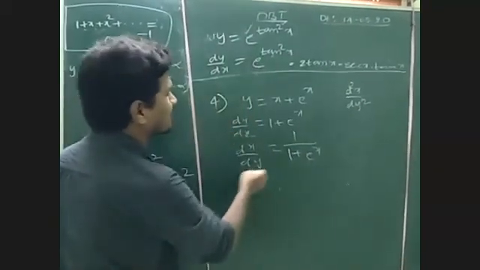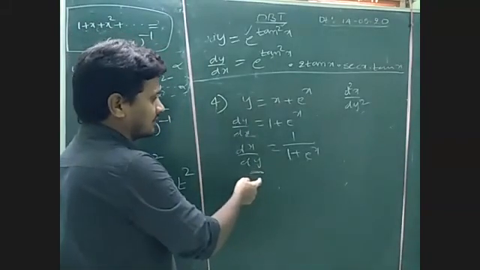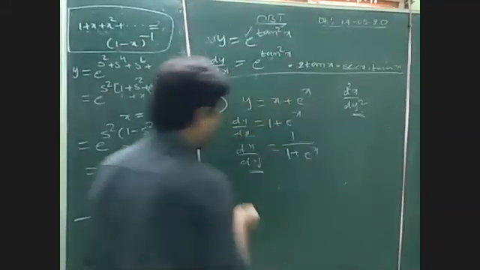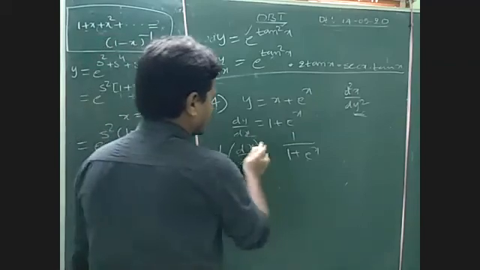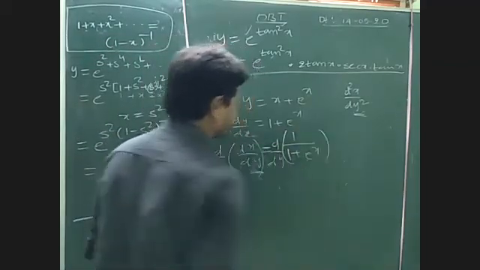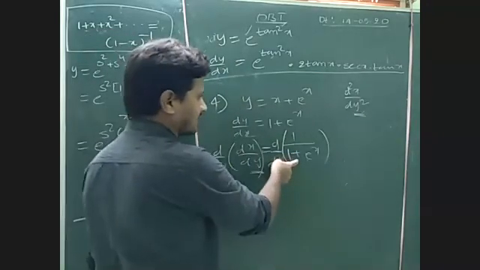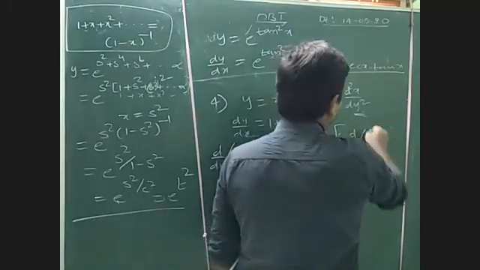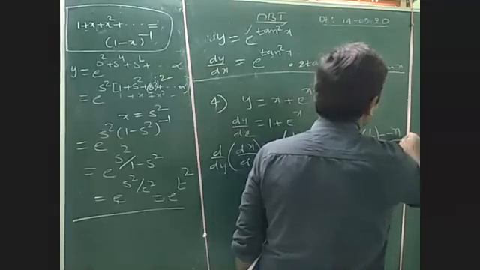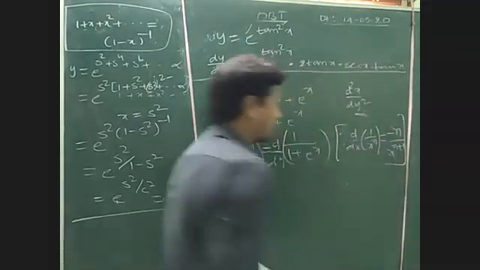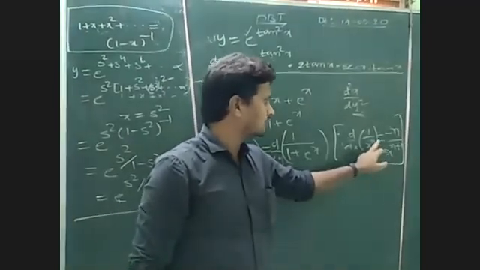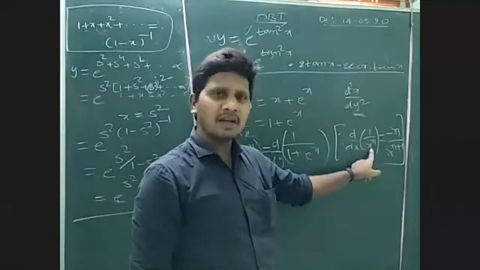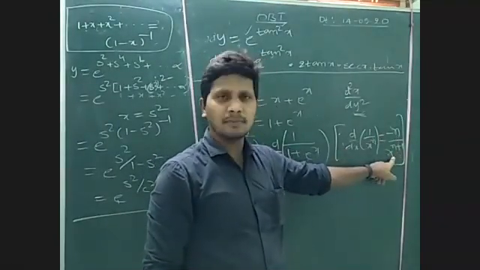Now differentiate with respect to y. With respect to y, we have dx by dy, just write the reciprocal, and again differentiate with respect to y. So it is nothing but d by dy of this, which is the same as 1 by x form. Simply remember the d by dx of 1 by x power n is equal to minus n by x power n plus 1. This is applicable for n equal to 1, 2, 3, 4, 5, 6, whatever it is. General representation: 1 by x power n derivative is minus n by x power n plus 1.